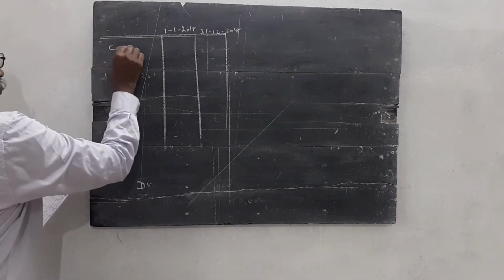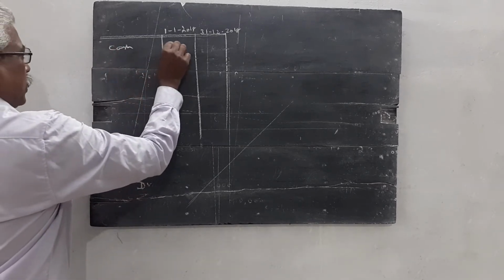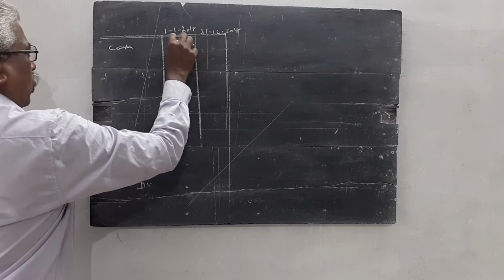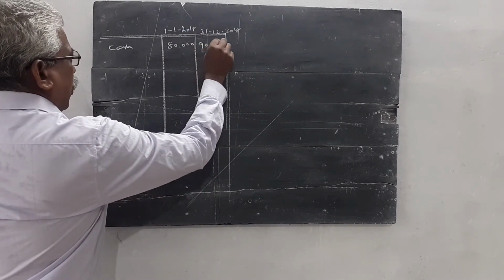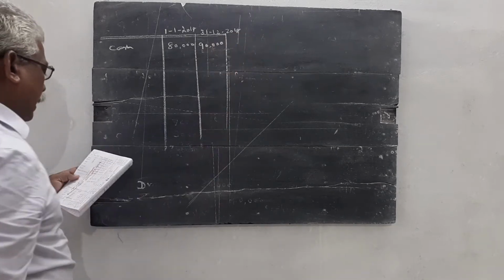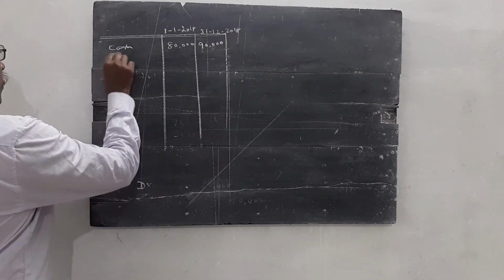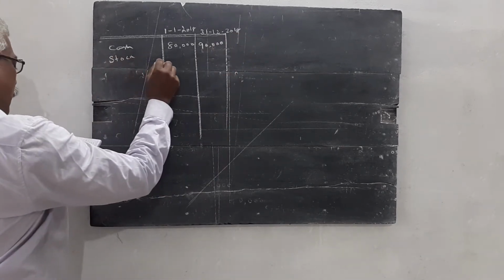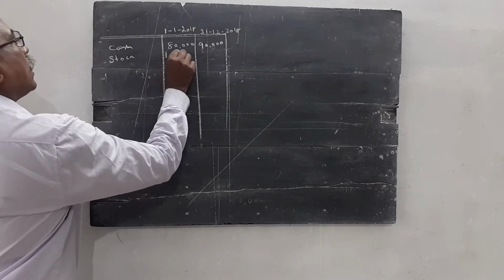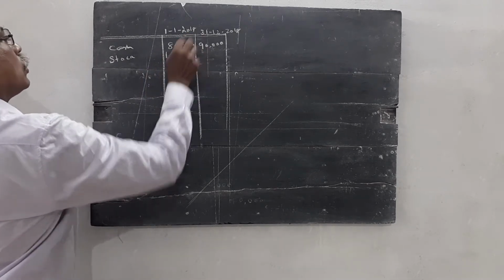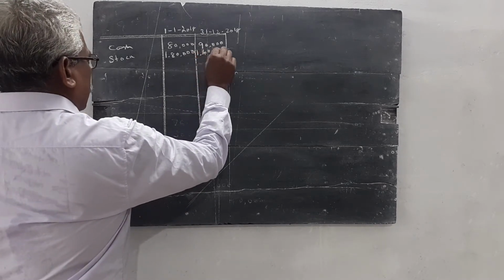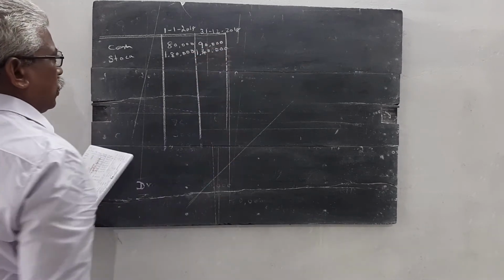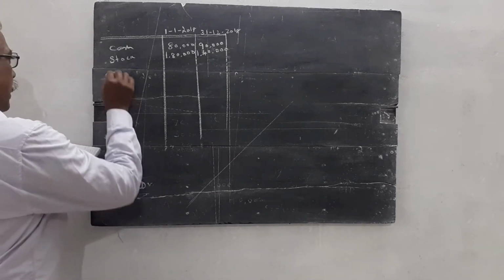Cash 80,000 on 1/1/2018, 90,000 on 31/12/2018. Stock 1,80,000 as on 1/1/2018, 1,40,000 on 31/12/2018. Then debtors